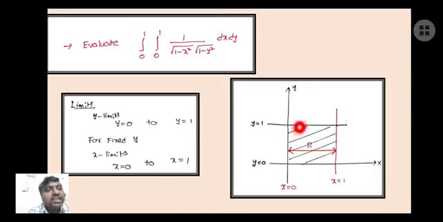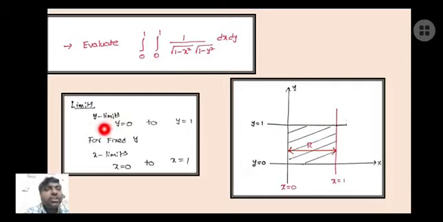So my region is a square box and each side of length 1 unit. Okay, here also your limits are constants, that's why you can take in any order. There is no order preference when the limits are constants. Okay, now I go through it in this way.